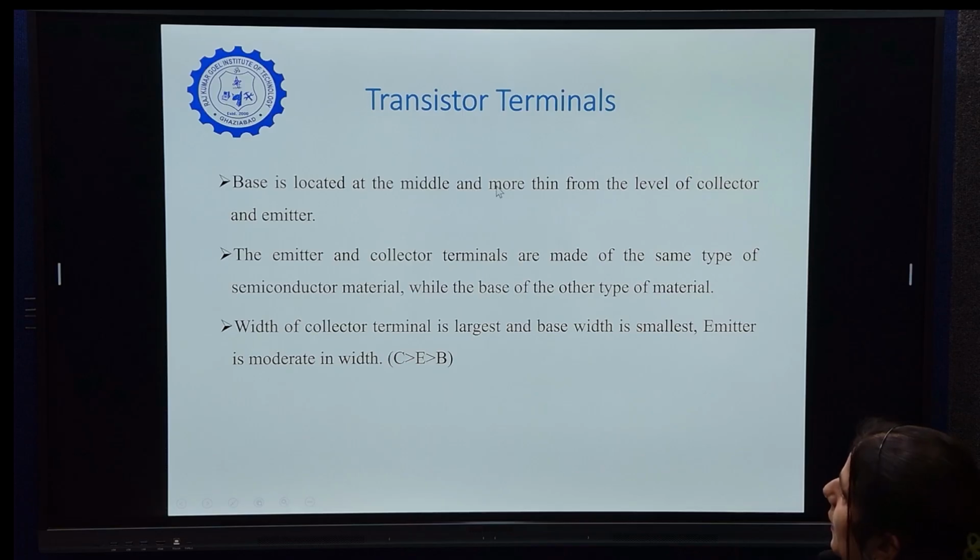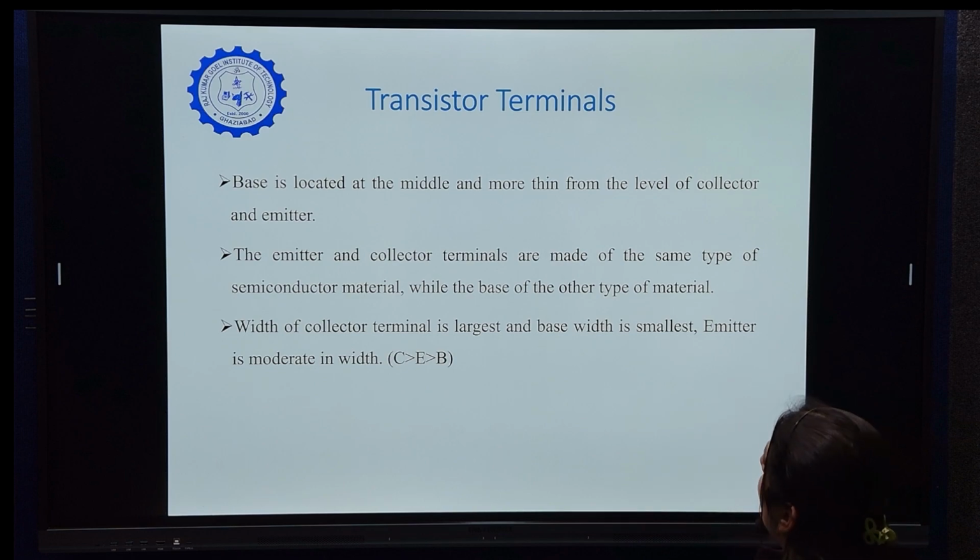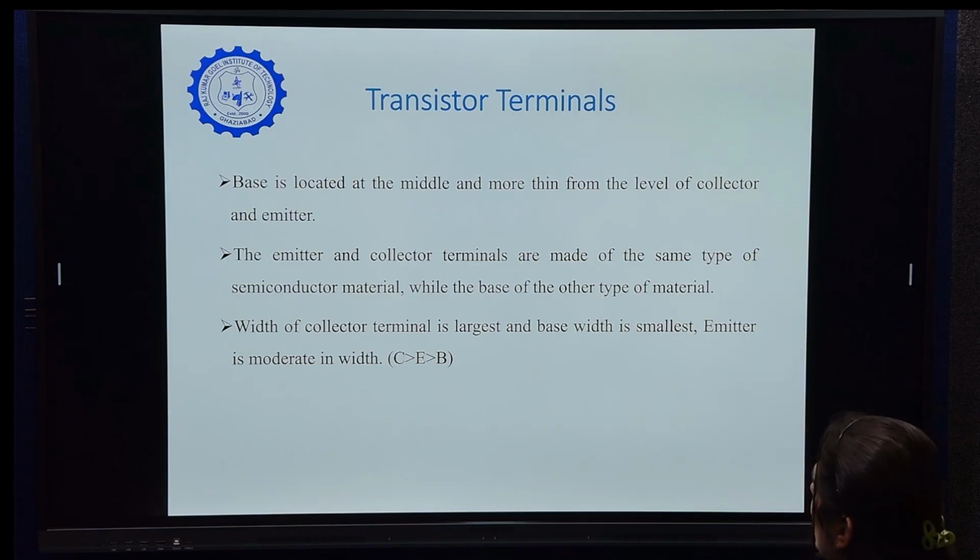The base is located in the middle and is thinner than the collector and emitter. The emitter and collector terminals are made of the same type of semiconductor material while the base is of the other type. If we talk about the width of the different regions in the BJT, the width of the collector is largest, the base width is smallest and the width of the emitter is moderate in size.